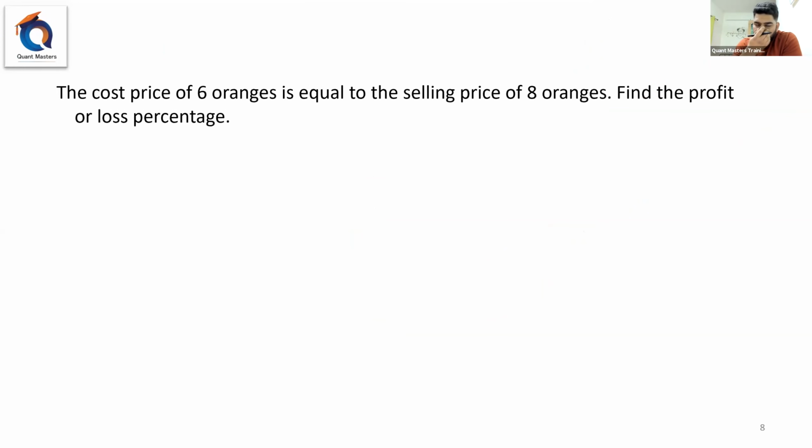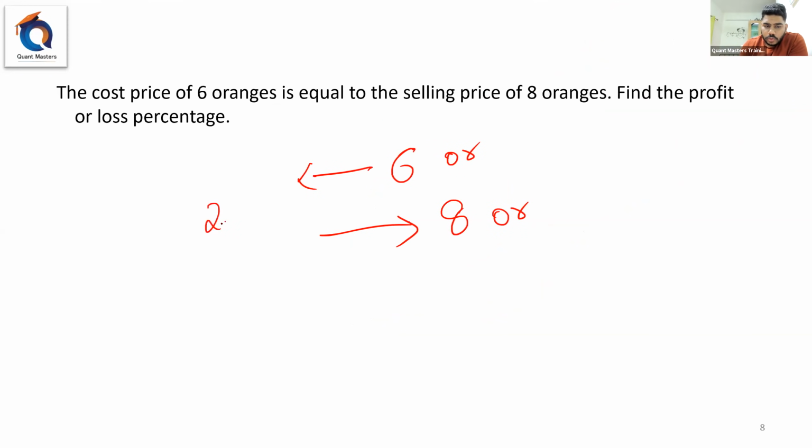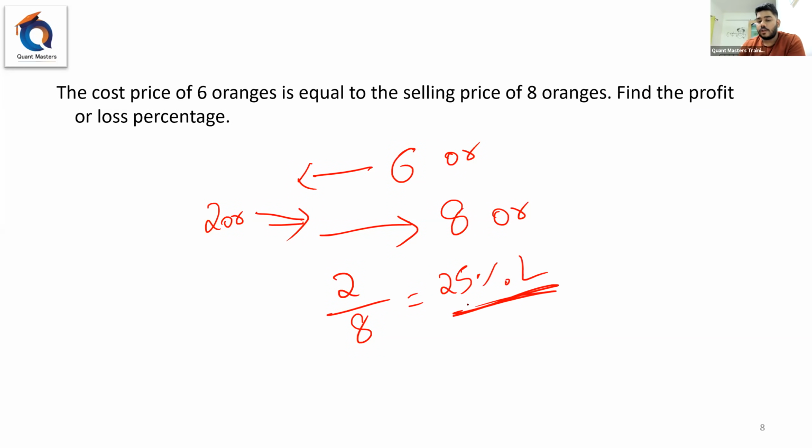Okay, look at this sum. The cost of 6 oranges. So as soon as you read this, you should get to know you're buying how many oranges? 6 oranges. And you're selling how many oranges? 8 oranges. People tell me one thing, you're buying 6 and selling 8 means what? Sir, I put 2 oranges from my end. I'm putting 2 oranges from my end. So I'm getting a loss of 2 oranges over every 8, which means again, it is nothing but 25%, but this time it is loss. Without even touching the pen, within 10 seconds, this is how you solve.